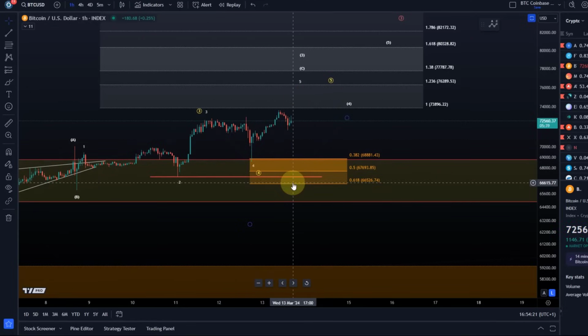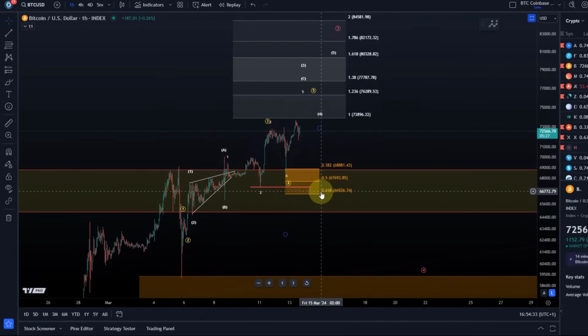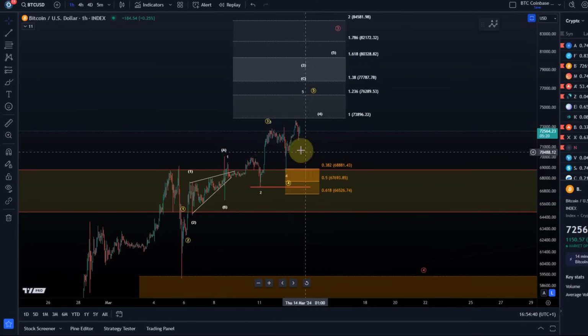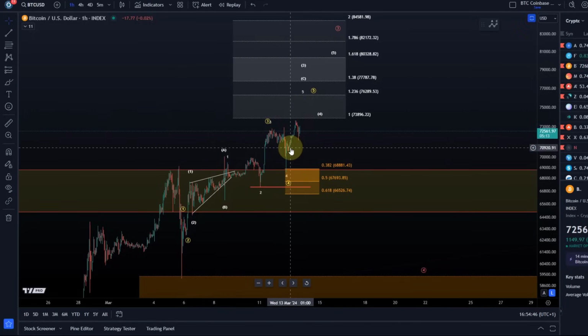If that break is followed by a break below the orange support zone, so below 66,526, that is when we have a more solid indication that a top has formed. Until then, I continue to assume further upside extensions, and bear in mind this move up can continue to extend as long as micro support levels are holding. Always bear in mind a break below micro support is only a first indication that a trend might be changing,